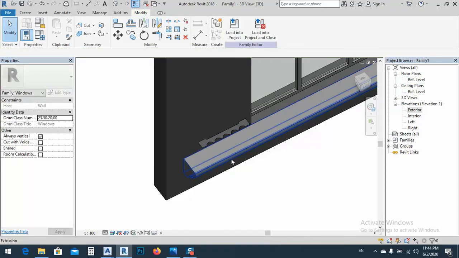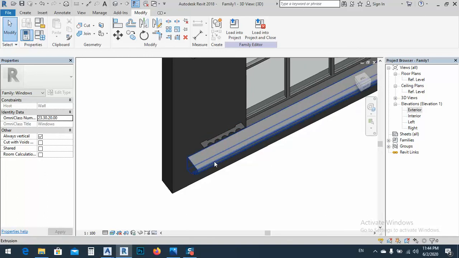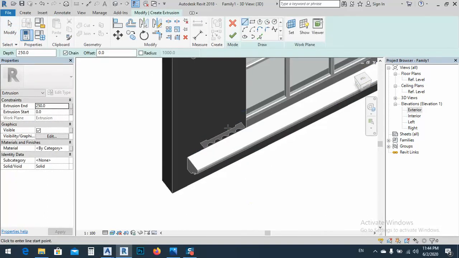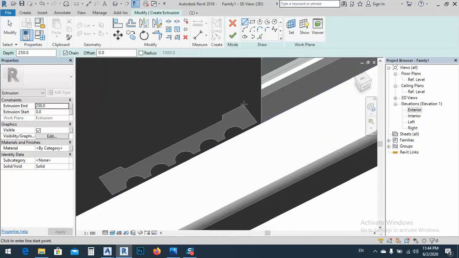Okay, no problem. We will solve this one later. So create extrusion. Can we make some lines? I think we can draw it. I don't know why I cannot pick this line, but anyhow,